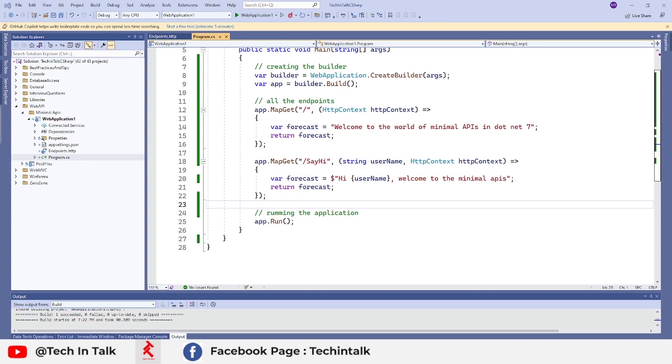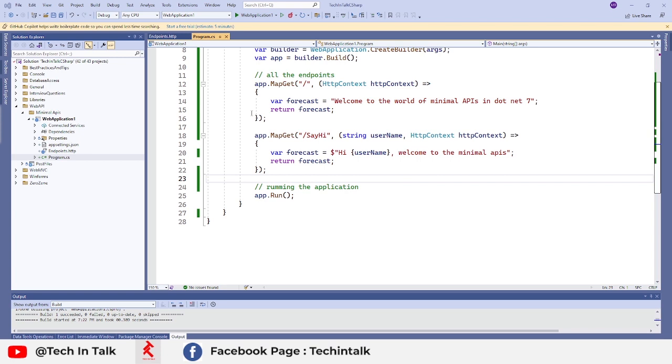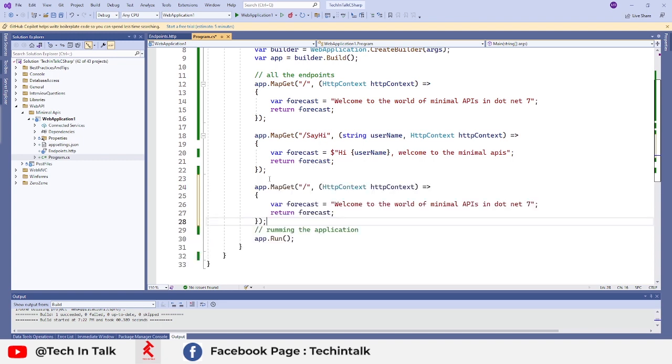Today we are going to explore more about the map get requests. Previously we have explored only two endpoints. One is to call the root and the other one is to say hi. Let's assume we pick the users example and we try to write the code, and let me just reuse that